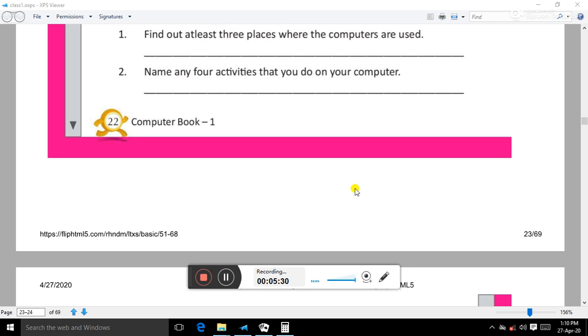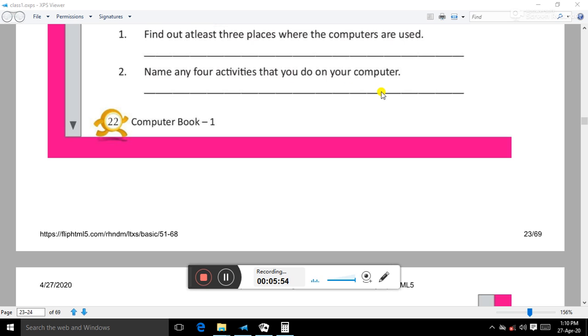Here I am giving you some questions related to this chapter. The first question is, find out at least 3 places where computers are used. You have to write 3 places where computers are used. The second question is, name any 4 activities that you do on your computer.